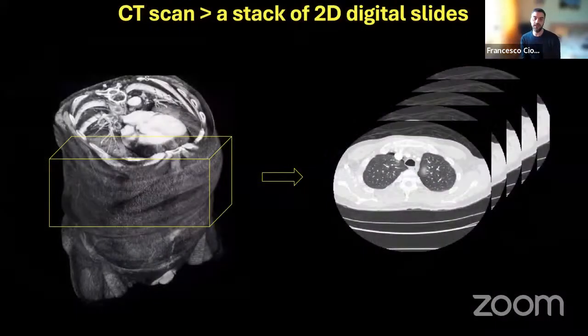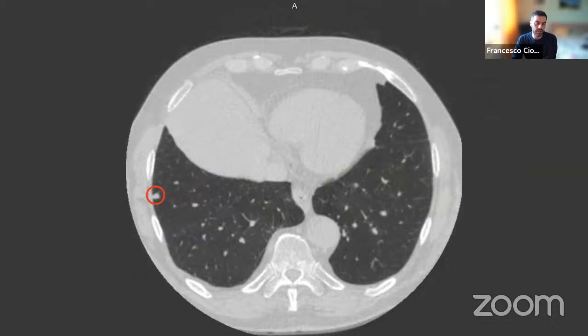So CT is a CT scan, a 3D image. You can also see it as a collection of 2D images, like a stack of digital slides. So you can also apply your 2D convolutional neural network for image classification, for example. And one application that I also worked on in the first year as I was at Radboud, where I started as a postdoc in the radiology department, is to detect nodules.